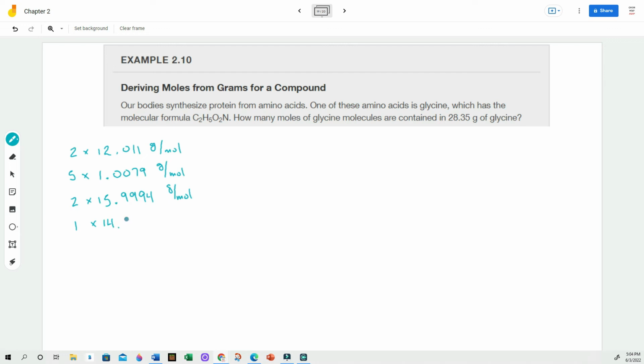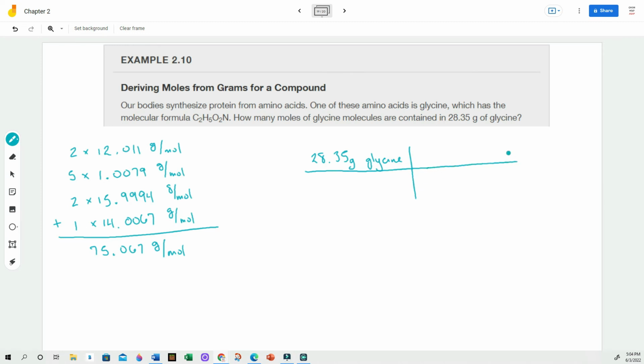Sometimes you'll see people leave off the 1 up here, which is totally fine. Okay, so I am going to add all of these up, and that will give me my molar mass for glycine, which is 75.067 grams per mole. Now that I have the molar mass, I can convert my 28.35 grams of glycine into moles of glycine. So starting with my 28.35 grams of glycine,